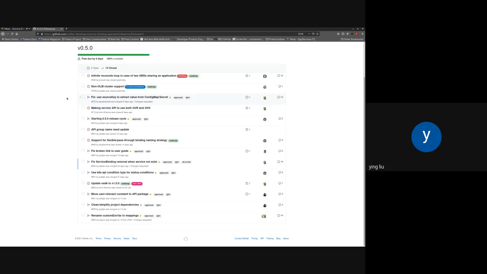Sorry, yeah, just now I heard there is a breaking API change for the group name of the service binding operator. Yeah, I noticed that, just checked, it is adding the binding as a prefix. For our use case, when we use the service binding operator in the IBM Code Engine offering, we will have the UX and also the CLI support. So the API group change means breaking changes, and it will affect all of our CLI and UI implementation.